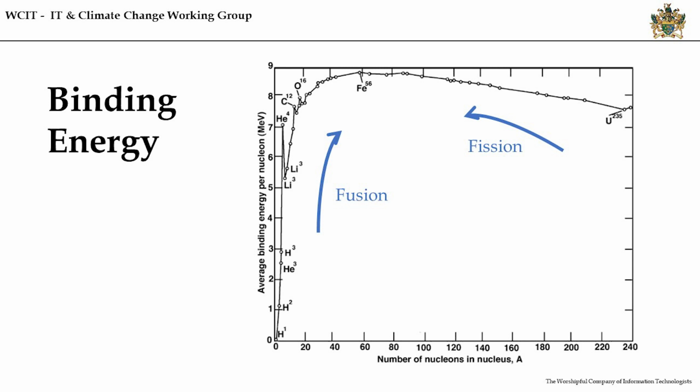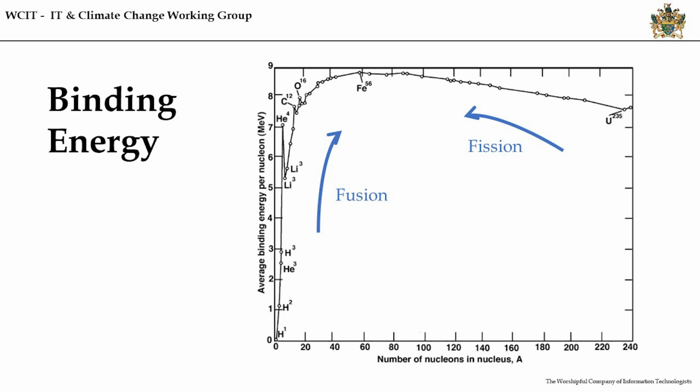Now, a nucleus and the protons and neutrons contained within it are bound together with energy. This energy is called binding energy because it binds together the nucleus. Each different element has a different binding energy that binds together those protons and neutrons. If you map it out on a graph, you get this kind of swoosh. It's a bit like a Nike tick, but upside down. It's steep at the front and then shallows out.